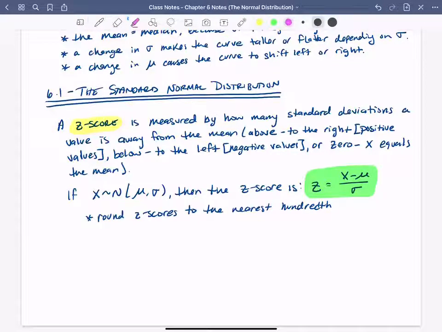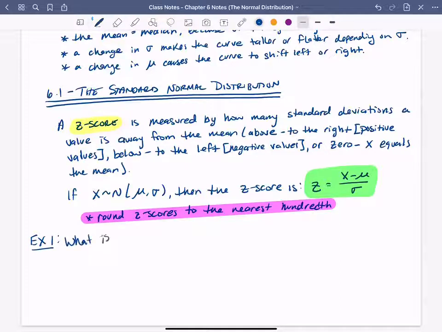But this is also another big important spot here that we need to make sure we remember. To the nearest hundredth is how we're going to round. So let's go ahead and go to our first example of the chapter. So example 1,